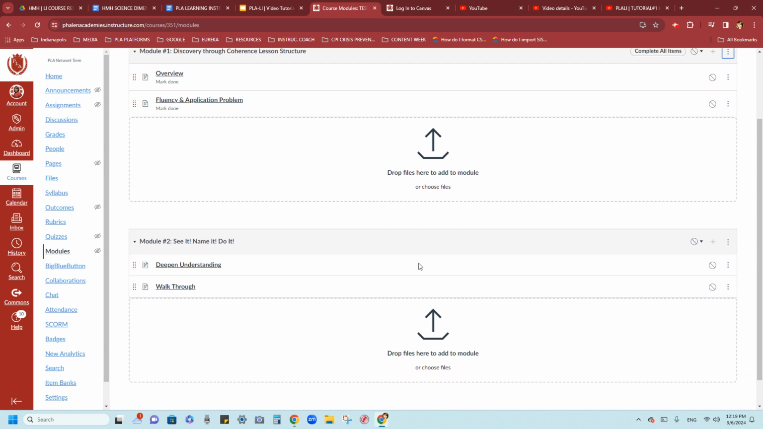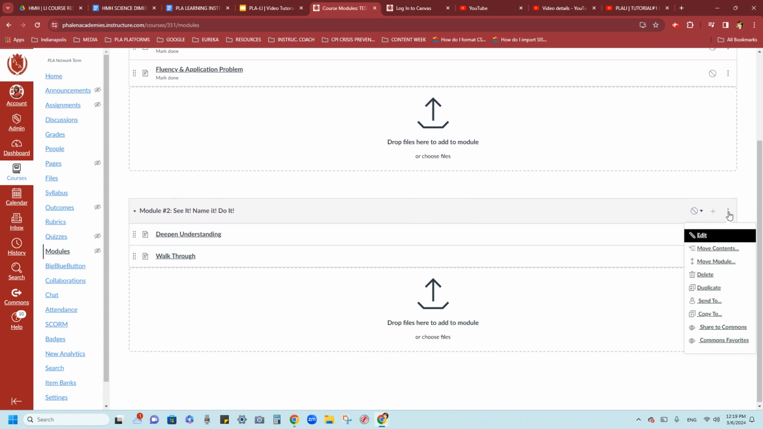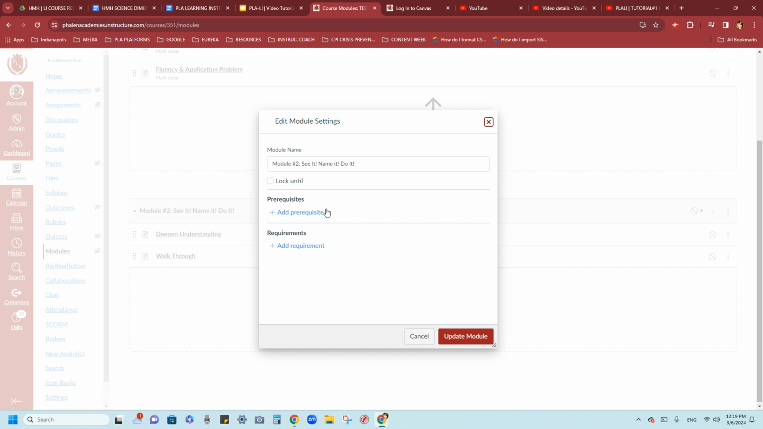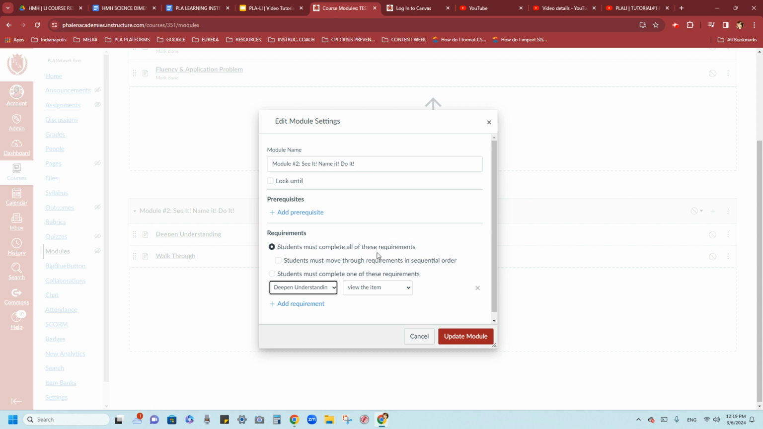Let's do the same thing for module 2. We're going to click next to the 3 dots, click edit, click add requirements. There's no prerequisites. I'm not going to make them read a paper or watch a video, but if there is, then you would put that there. We're going to click requirements. We want them to complete all of the requirements so they can't skip anything. We want them to do it in sequential order. And the order is, we want them to start with